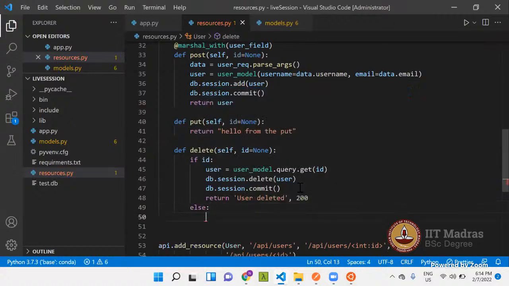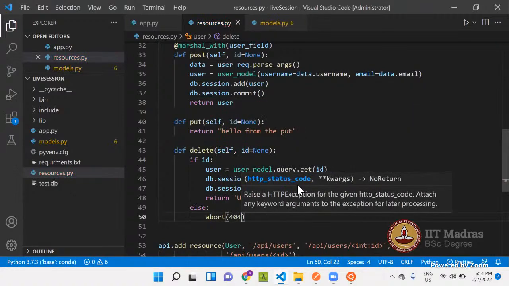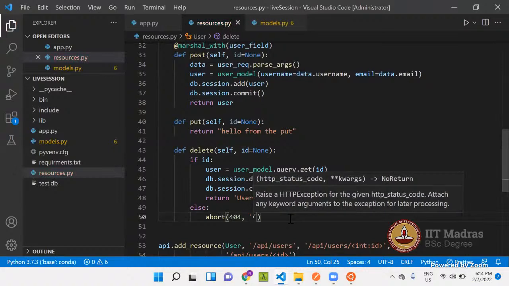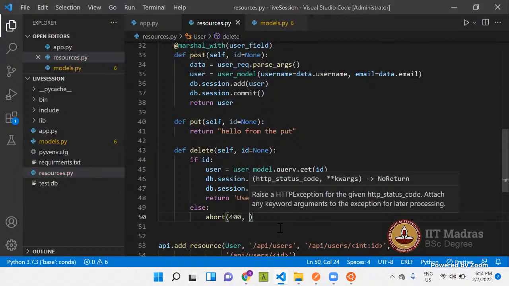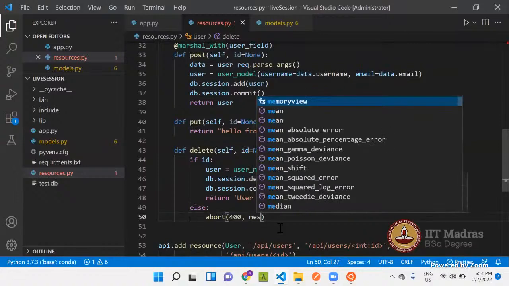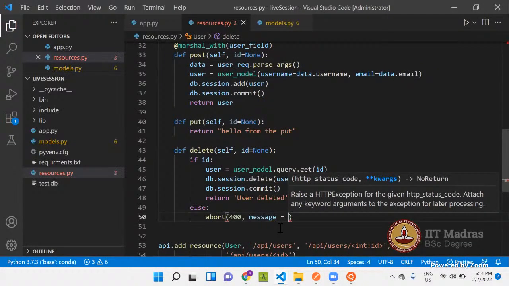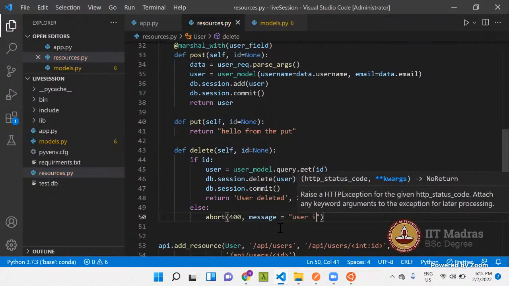else you can abort the program with a 404 status code. 400 means the server is not able to understand your request because you didn't send the ID, so it doesn't know which resource to delete. In that case you can always respond with the 400 status code. So message is equal to user ID